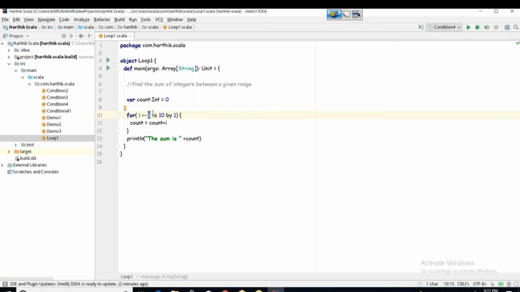That is how we navigate from the starting value to the end value, which we define by using by 1 here. The first value will be 1, and the next value will be plus 1. So the next value will be 2, and again 2 plus 1 is 3, 3 plus 1 is 4, 4 plus 1 is 5, till it reaches 10.